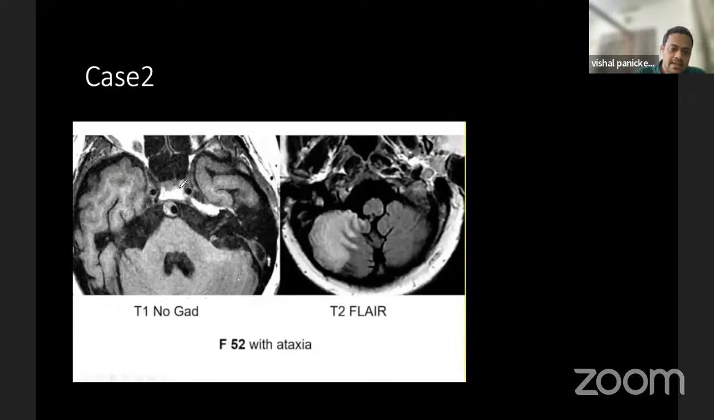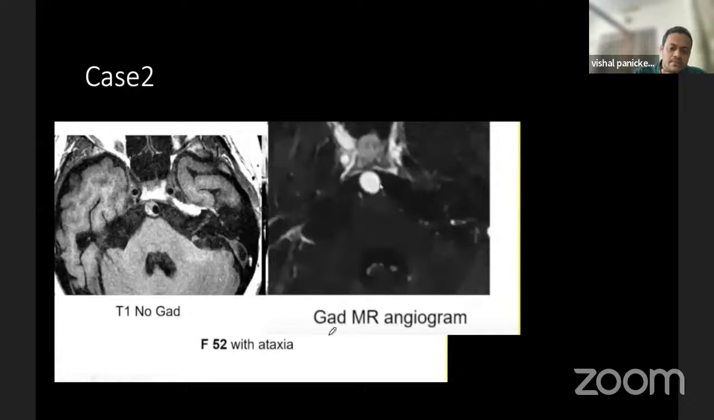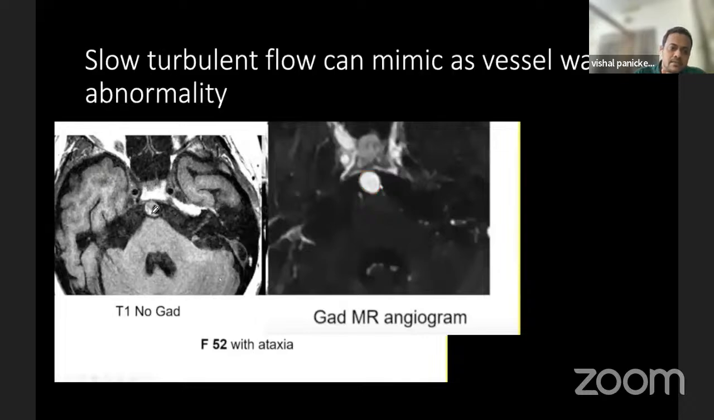This is non-contrast and contrast imaging showing an eccentric narrowing of the lumen with vessel wall thickening appearance. This patient had undergone a contrast-enhanced MR angiogram. It showed the vessel is filling with gadolinium, so there is no narrowing of the vessel wall. And what is this? This is an artifact due to the slow turbulent flow, which can mimic a vessel